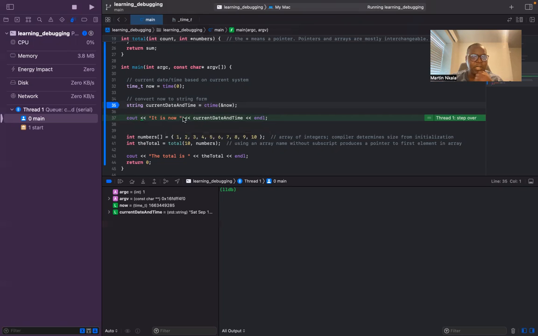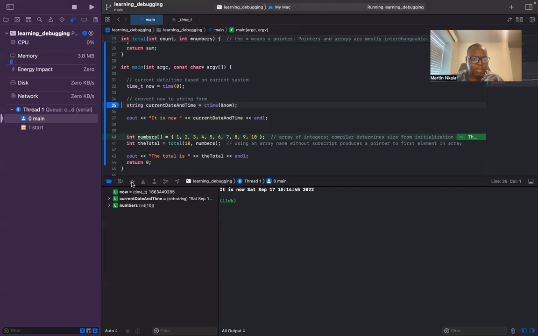Okay, so pretty much here what's happening is I'm concatenating "it is now" with whatever date and time we have currently. And remember, this is now a string. And as I hover through it, you can actually see that now it's showing me that today is a Saturday, the 17th, and the time, with the year. So let me keep